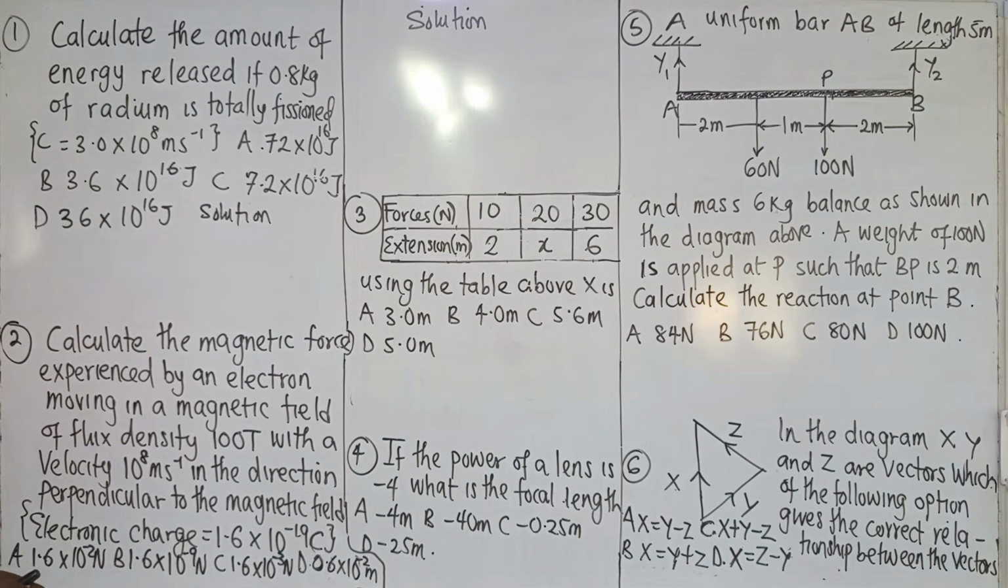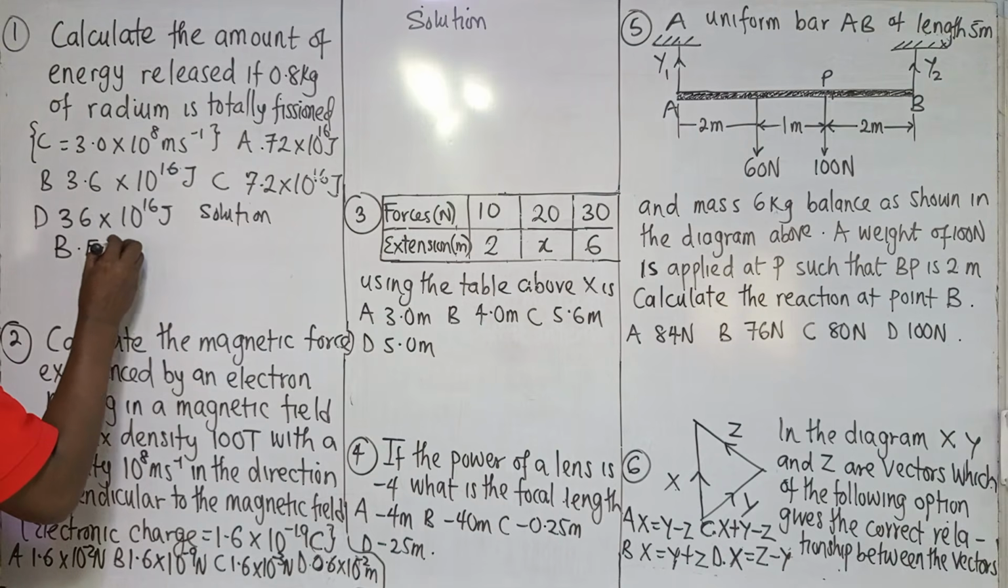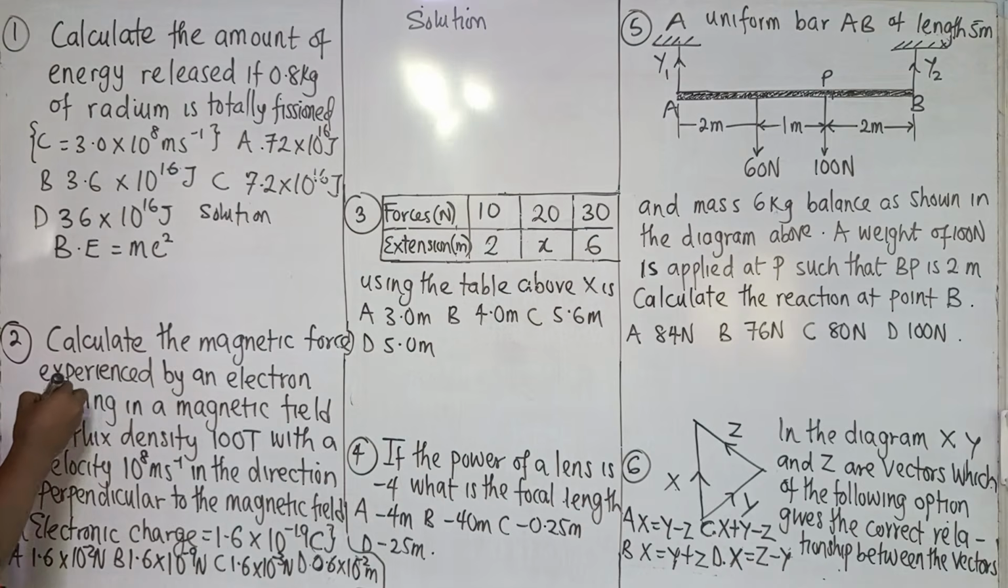The first question is talking about binding energy. It says: calculate the amount of energy released if 0.8 kilogram of radium is totally fissioned. We know that the binding energy, when you are given mass in kilogram, is equal to the change in mass times